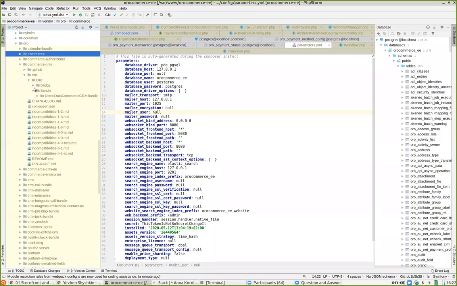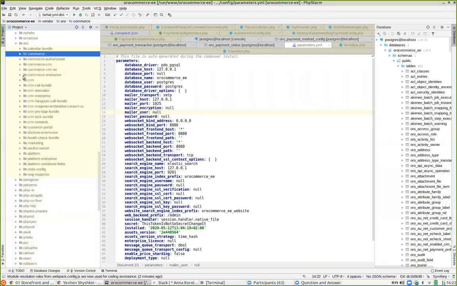This is a place where we have only one bundle for demo data, but we have a couple of bridges. In fact, we have 5 bridges, and these bridges connect together OroCRM and OroCommerce functionality to make them work together as one application. You may also see some other packages here. For example, if you're using enterprise versions, you should be able to see a package like Commerce Enterprise, like Platform Enterprise,